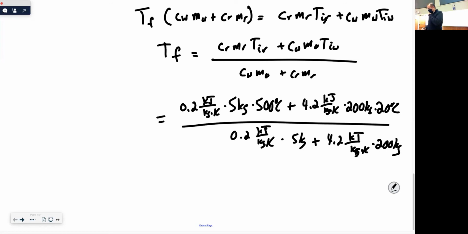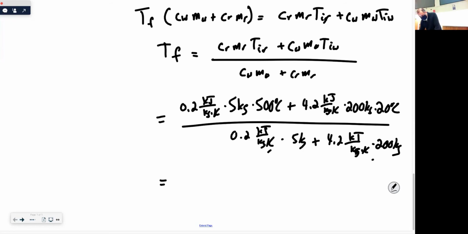Okay, now, as I was saying before, you might be tempted to want to convert both of these degrees Celsius into kelvins. You don't have to do that. Why? Because there's a per Kelvin on the top and on the bottom. Those are actually going to go away. You don't have to cancel the degrees Celsius with the Kelvin on top. And because we're always talking about a delta T, we can treat that delta T as if it were a Kelvin anyway, and have it come out right.